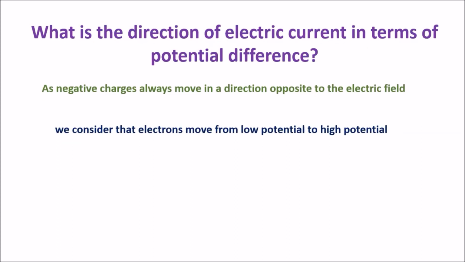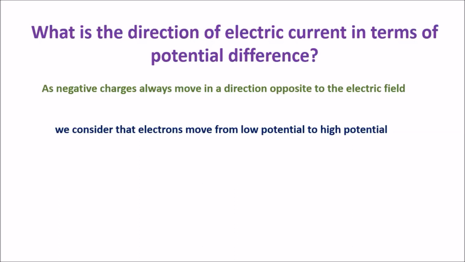So what is low potential? Negative terminal. What is high potential? Positive terminal. Why? In ninth itself we have learned 1 proton is equal to 1837 times of electron. So potential of proton will be high. Strength of proton will be high when compared to electron. Here high potential refers to positive terminal, low potential refers to negative terminal.